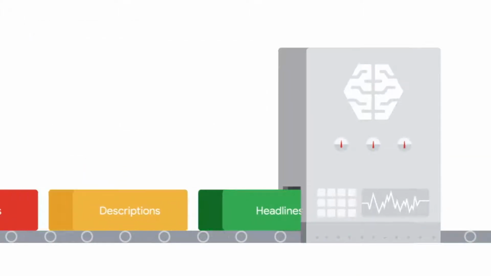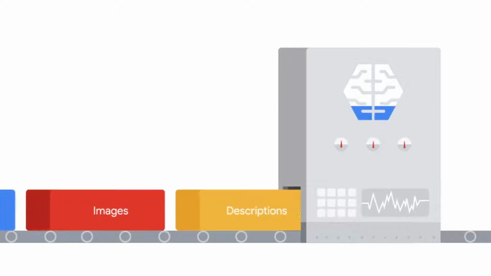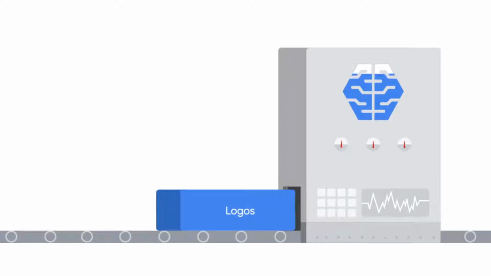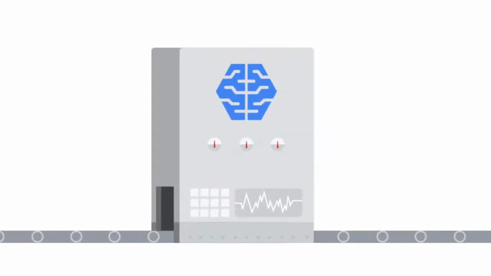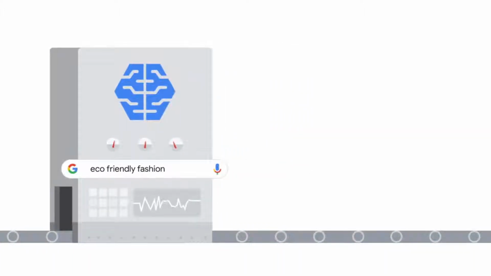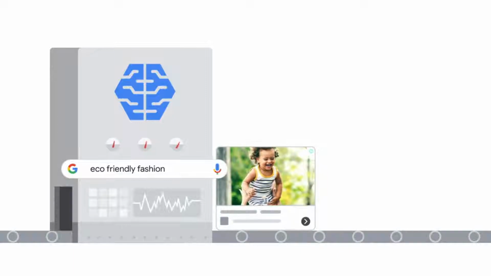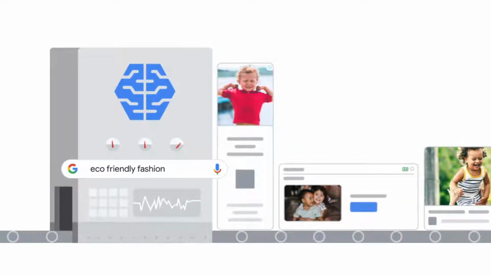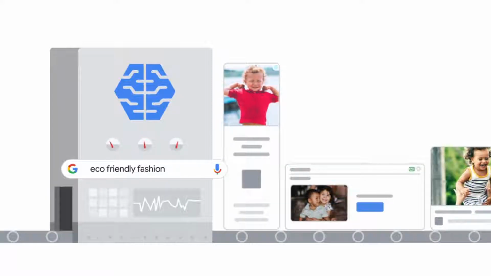Your assets are the building blocks of your ads. Responsive display ads take these assets and use machine learning to create ads that reach your customers. Machine learning uses your historical performance data to do billions of creative A/B tests in order to pair the right message to the right user. Responsive display can show almost any size text, image, or native format ad across the display network, YouTube, and Gmail.